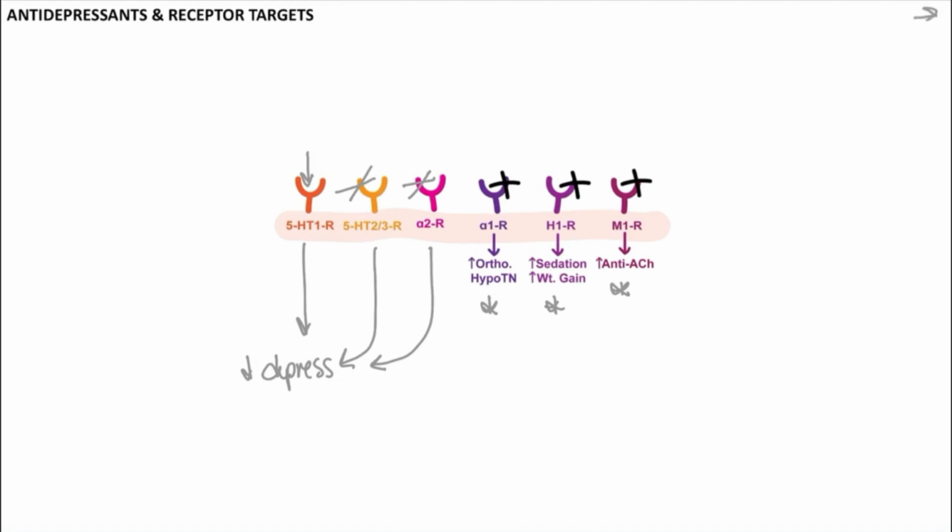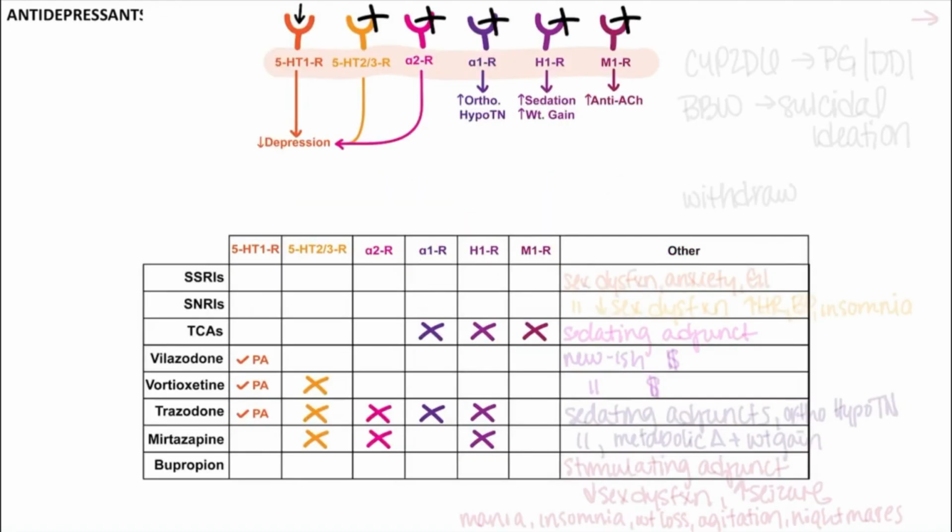So similar to other videos, this chart can help you understand the MOAs and side effect profiles and how these can be leveraged to promote adherence and select the best drug or drugs for your patient. So you can go through this chart, think about these targets, and think about different patients you may come across that come in with depressive symptoms and what questions you can ask to help guide your selection of agent.